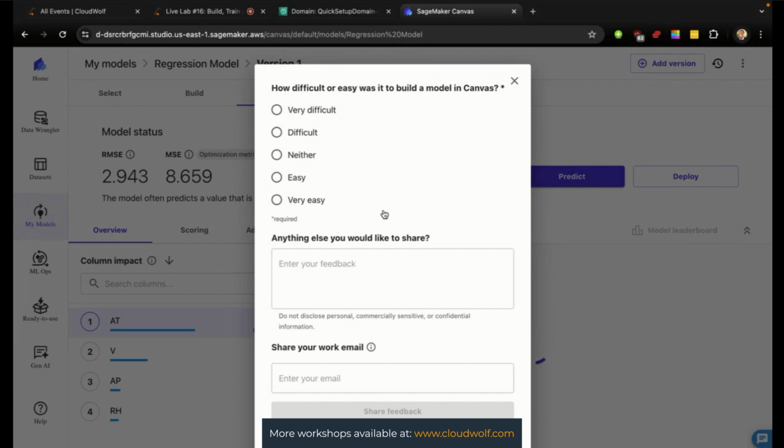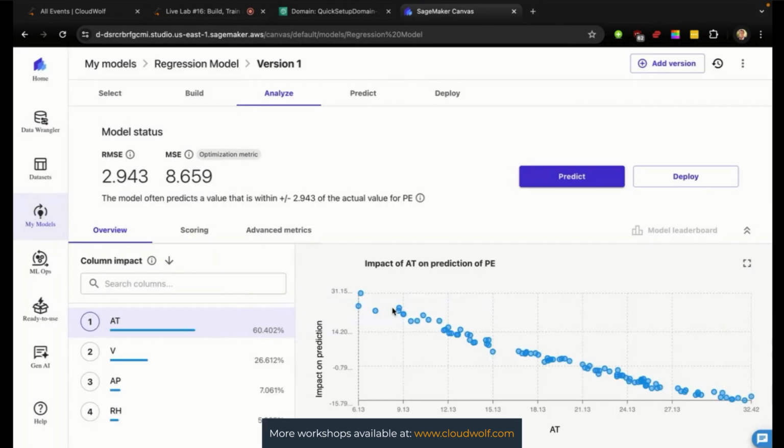All right, done. How difficult or easy was it to build a model in Canvas? Very easy, of course. Share feedback. Okay. Thank you. Okay, so the final RMSE is